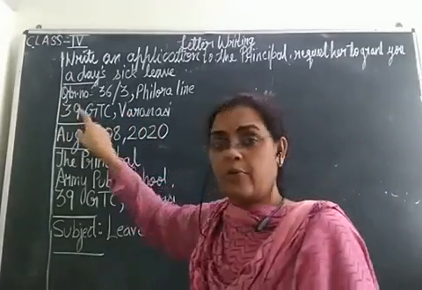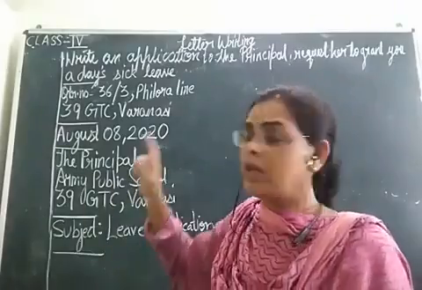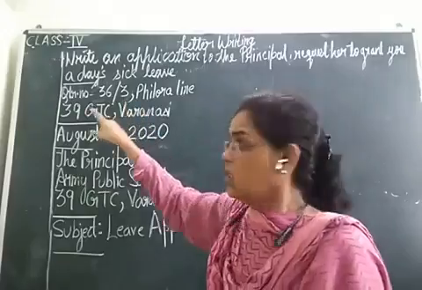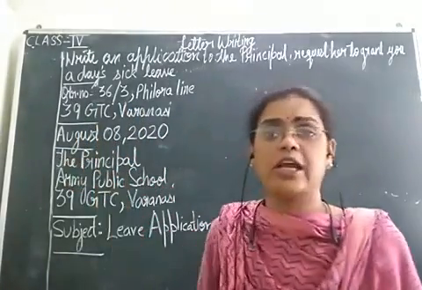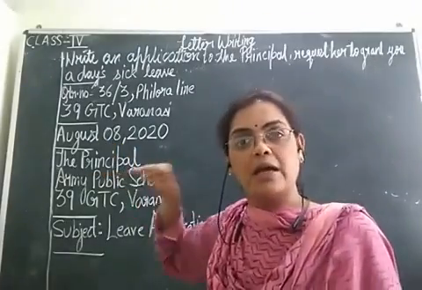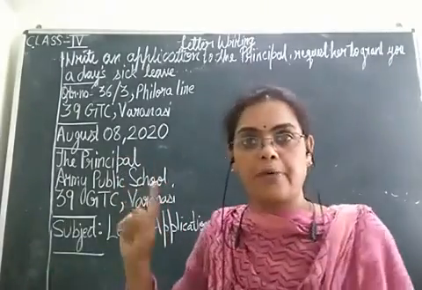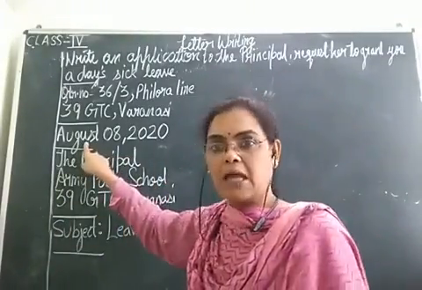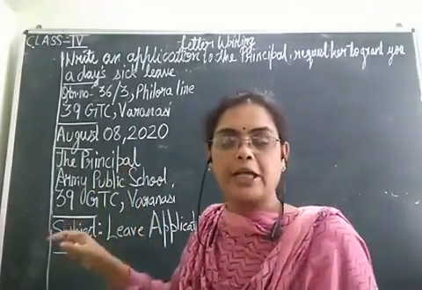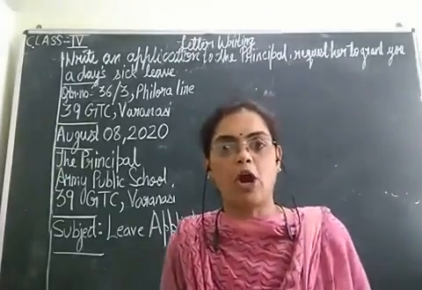After that, wherever I have drawn a line, that is indication for you to leave one line. And ensure, son, that you do not leave a line anywhere in between. Wherever I have drawn a line, then only you will leave that line. After that, you will write the date. What will you write, son? Date. And date has also got a proper format. First the month, and the spelling of the month should always be written with capital letter. All the names of the months, son, wherever you write, they all are proper nouns.